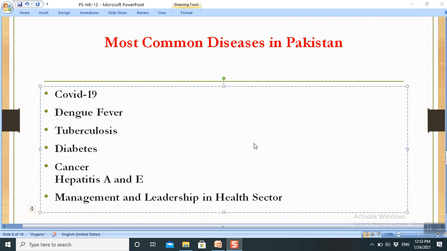420,000 new tuberculosis cases were reported almost 4 years ago, and it is apprehended that recently this number may have increased a lot. The National TB Control Program is working hard to prevent TB. It provides training to the doctors, paramedical staff, and lab technicians, and it also provides free medicine in certain areas and certain cases.